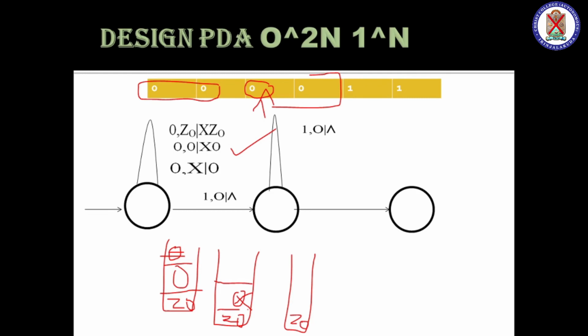So if I get up to this, that is Z0 on the top, then null is on the tape and Z0 on the top, and I will pop the Z0 and make it epsilon. This is called an empty stack PDA. Again I am saying you can draw an accepting state PDA also, but for now I am drawing only the empty stack PDA. That is the concept about 0 raised to 2n, 1 raised to n.